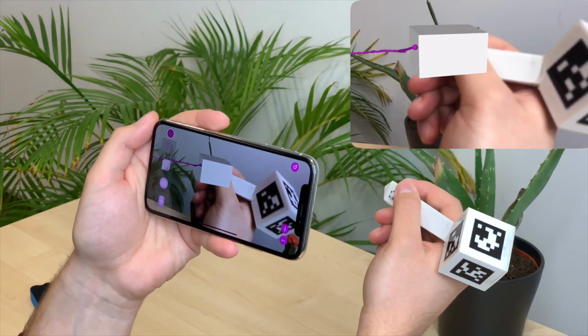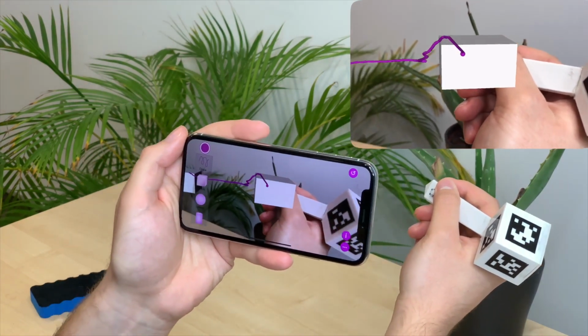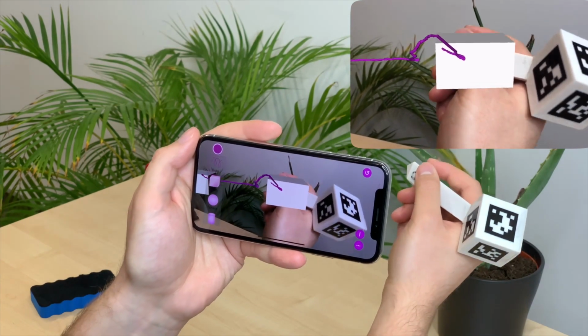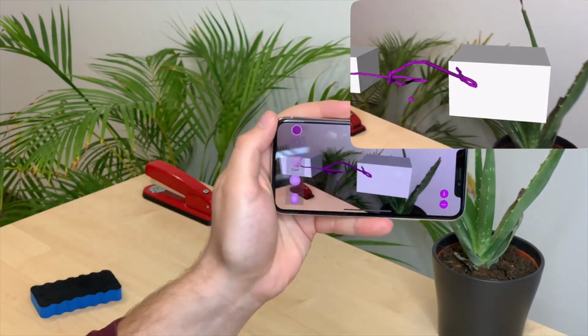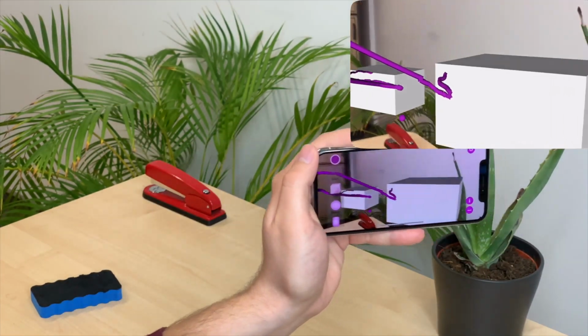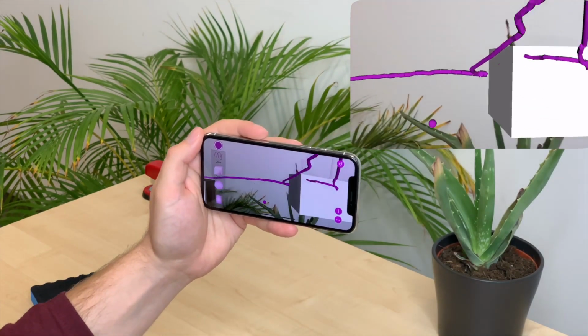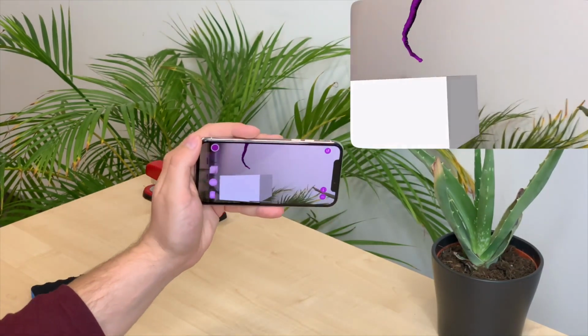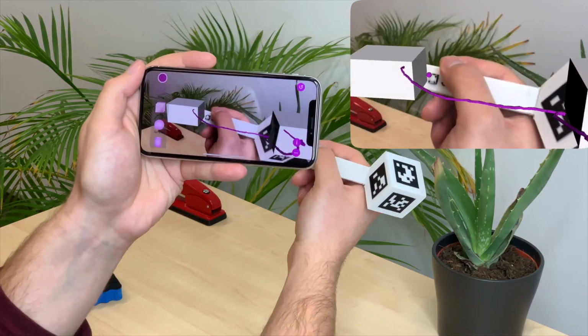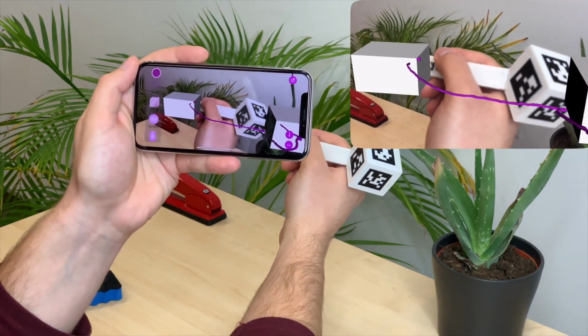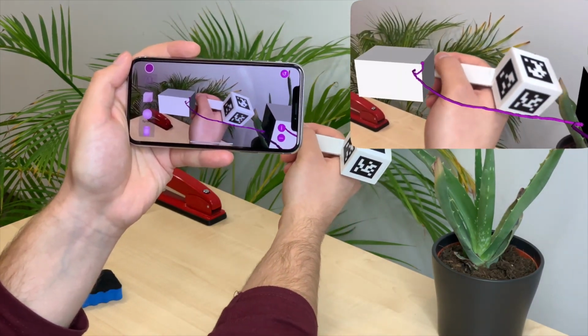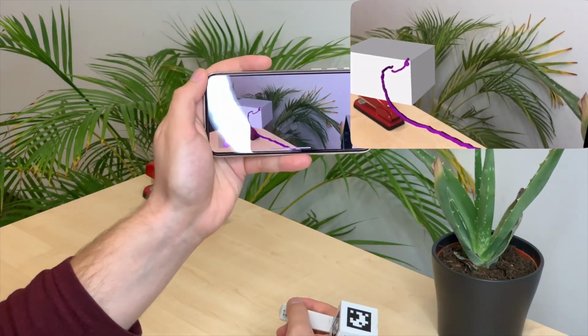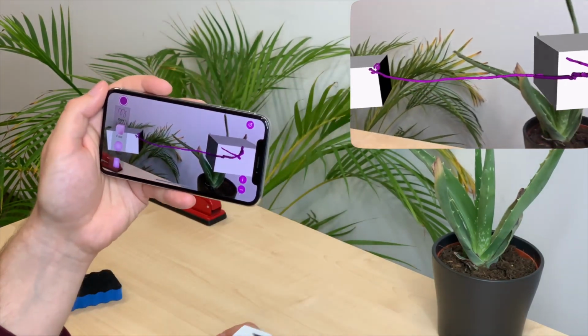But handheld augmented reality creates perceptual difficulties. Many depth cues to correctly judge the distance of virtual objects in the scene are missing. There is no stereoscopic view in handheld AR, for example. This makes it hard to perform one of the most fundamental mid-air interactions, pointing at a three-dimensional point in space, for example, to start a pen stroke from the surface of the virtual cube here.